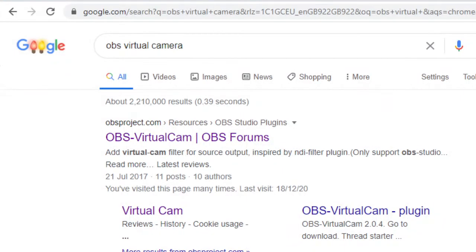In this video I will show you how to combine OBS Studio with StreamYard. Whatever appears in your OBS Studio screen, you will be able to see it in StreamYard and stream it to YouTube or Facebook. But before you can do it, you need to download something from the internet, and it's called virtual camera. Okay, OBS virtual camera.